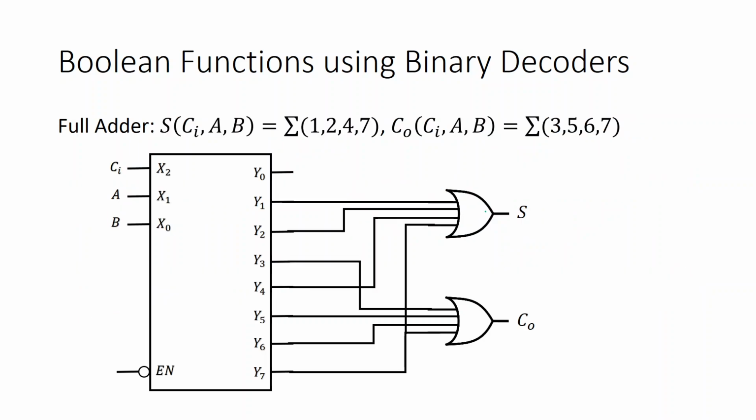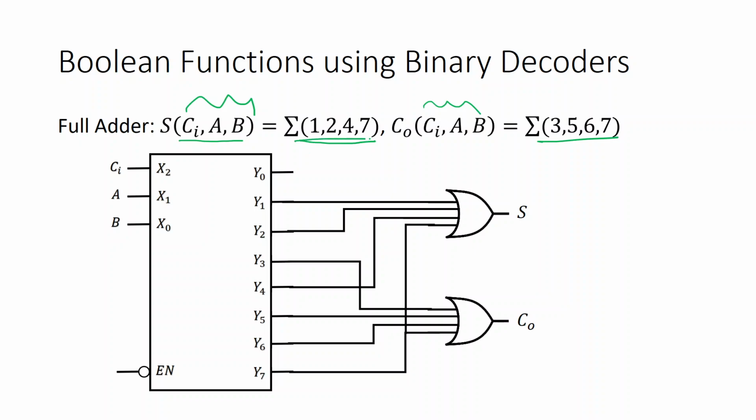So you see an example. The full adder, if you remember the full adder, the sum was actually a summation of the min terms 1, 2, 4, 7. You look back to your lecture of the full adder and look back at the truth table, which min terms were high when your input combination was Cin, A and B, and which outputs are high for your carry out.